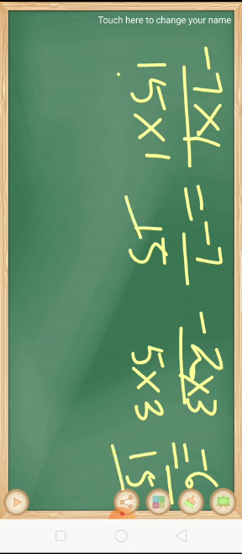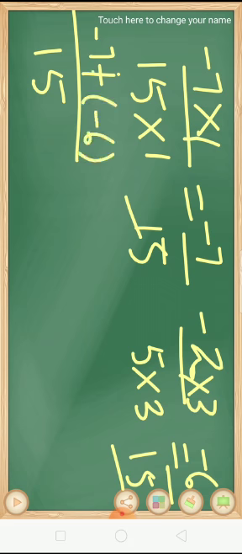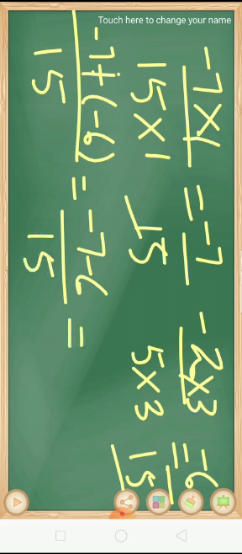So denominators are same now. Simply add the terms present in the numerator. Minus 7 plus minus 6. Again plus minus is minus, so minus 7 minus 6 upon 15. Minus minus is plus, but the sign will be negative. So 7 plus 6 is 13. The operation applied will be addition, that is 7 plus 6, 13, but the sign will be minus. So your answer will be minus 13 upon 15.